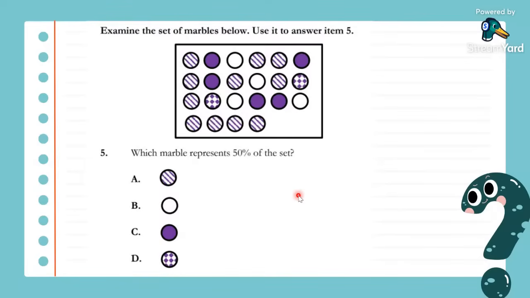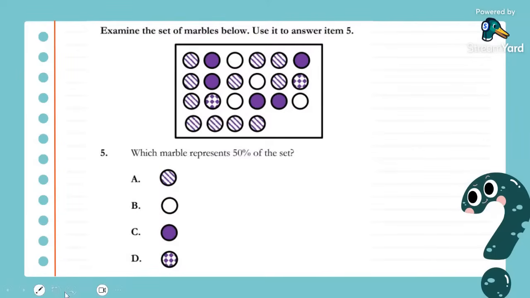Which marble represents 50% of 100? And guess what? I agree with most of these explanations. But let me just go right ahead and I'll work it out so everyone can notice this. Because I like to take things simple. I like to do things step by step. That way, it's difficult to make a mistake. And in your exam, it's important that you take things step by step as well.